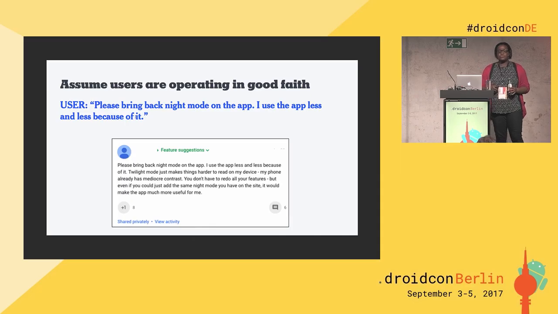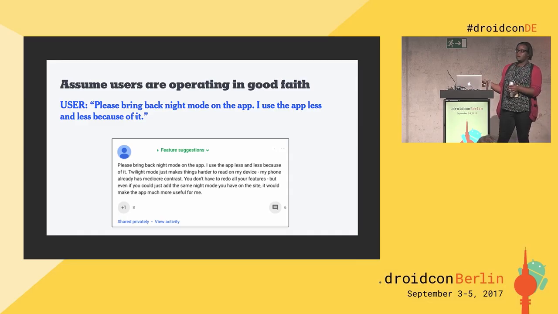So the first thing you should really do is assume that your users are operating in good faith. Like I've said before, you have way too much information about how your products work to really understand how your users perceive them and what kind of pain points they're eventually going to run into when they use the products. So just assume that they're being honest with you, they're reaching out to you for help because they want to use your products, they want to get around what that problem is, and so do not take personally the kinds of things they say to you.